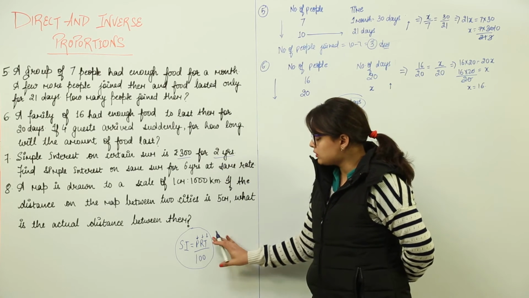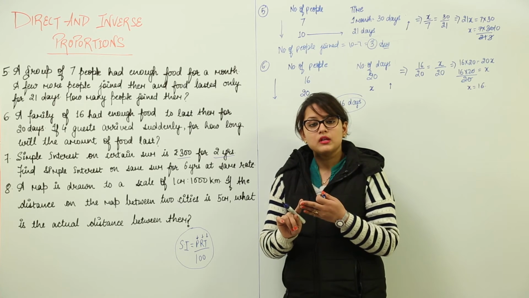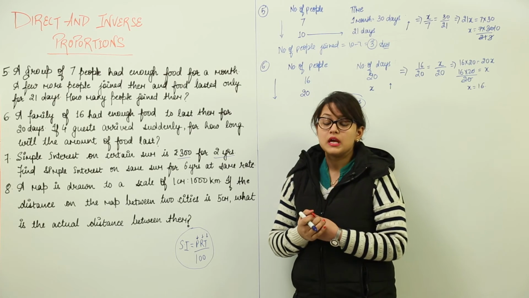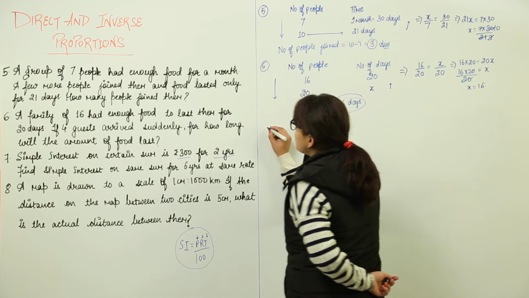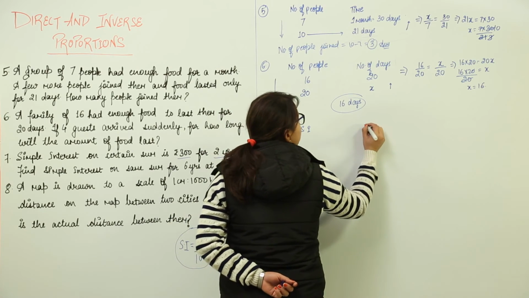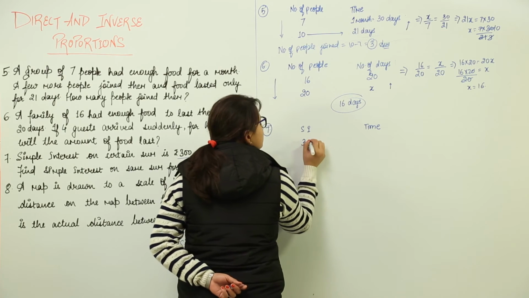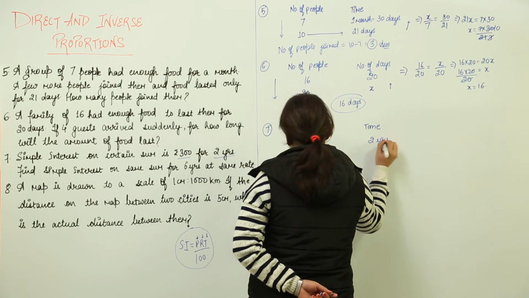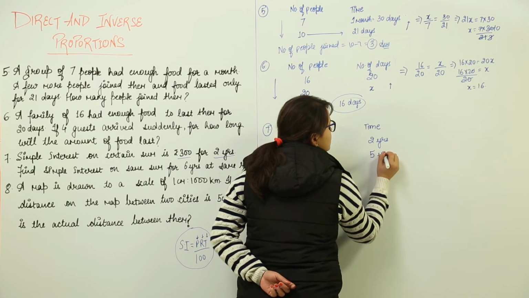That means in both the questions, the principal and the rate are remaining the same. The only parts that are changing here would be the time and the simple interest. That means what are the two quantities that are getting related here? We are getting simple interest and time. So we will write simple interest in the first column and time in the second column. They say they are getting simple interest of rupees 300 for the time period of 2 years. Now we need to find out the amount of simple interest for the period of 5 years.